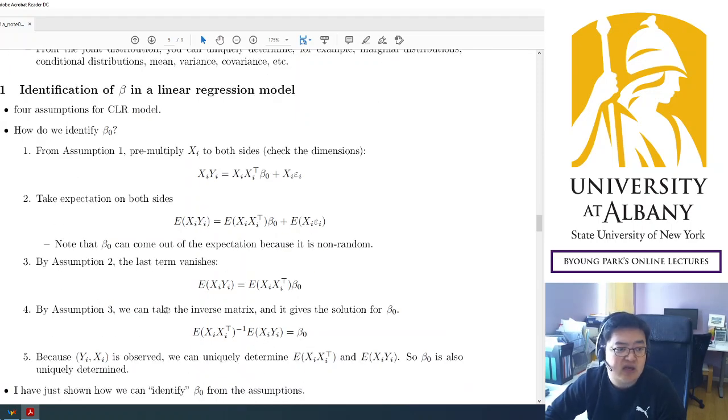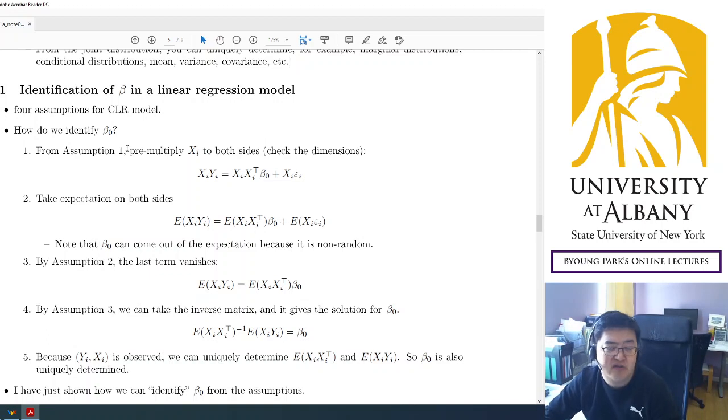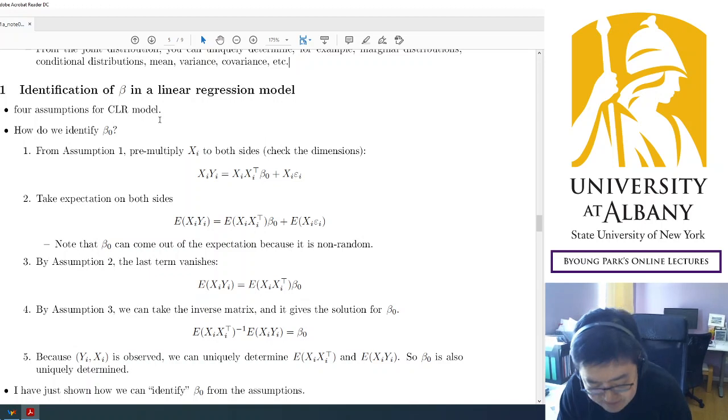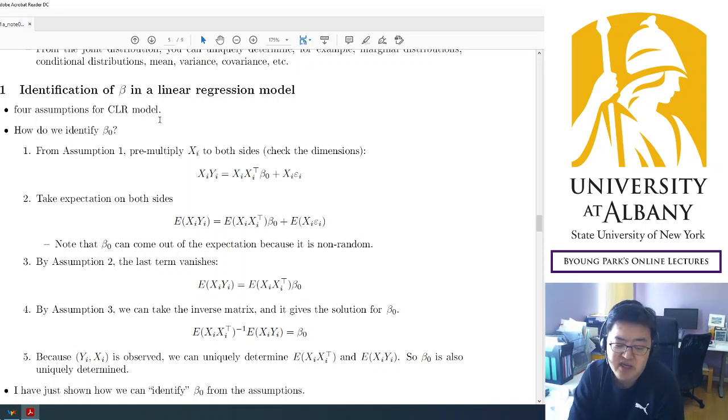What you need to look at here is how those assumptions are used. Actually, we do not use the fourth assumption, but other than the fourth one, we are going to use the other three very carefully. The basic idea is we will show that the solution for beta can be uniquely determined by the data. So let's see this. From assumption 1, the linearity assumption,